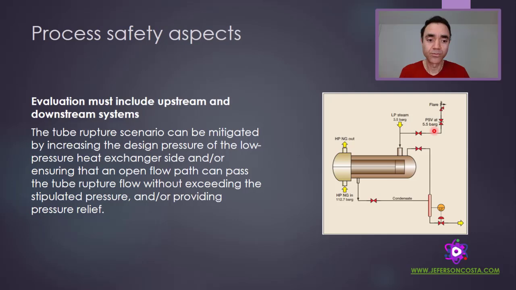And when I specify the lower pressure side to support the high pressure side, if the difference is too big, as we can see here, 100 bar G to 3.5 bar G, it does not make sense from the point of view of economics, because my project will be much more expensive if I change everything around the shell and tube heat exchanger, instead of just adding a PSV or a pressure relief device to guarantee the system protection in case of failure.